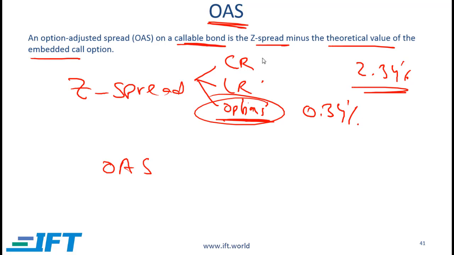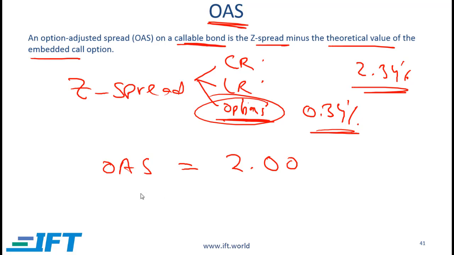The option adjusted spread is the overall Z spread minus the impact of the call option. So the option adjusted spread in my example would then be 2.00, or actually this is the curriculum's example with my enhancement. So the option adjusted spread is